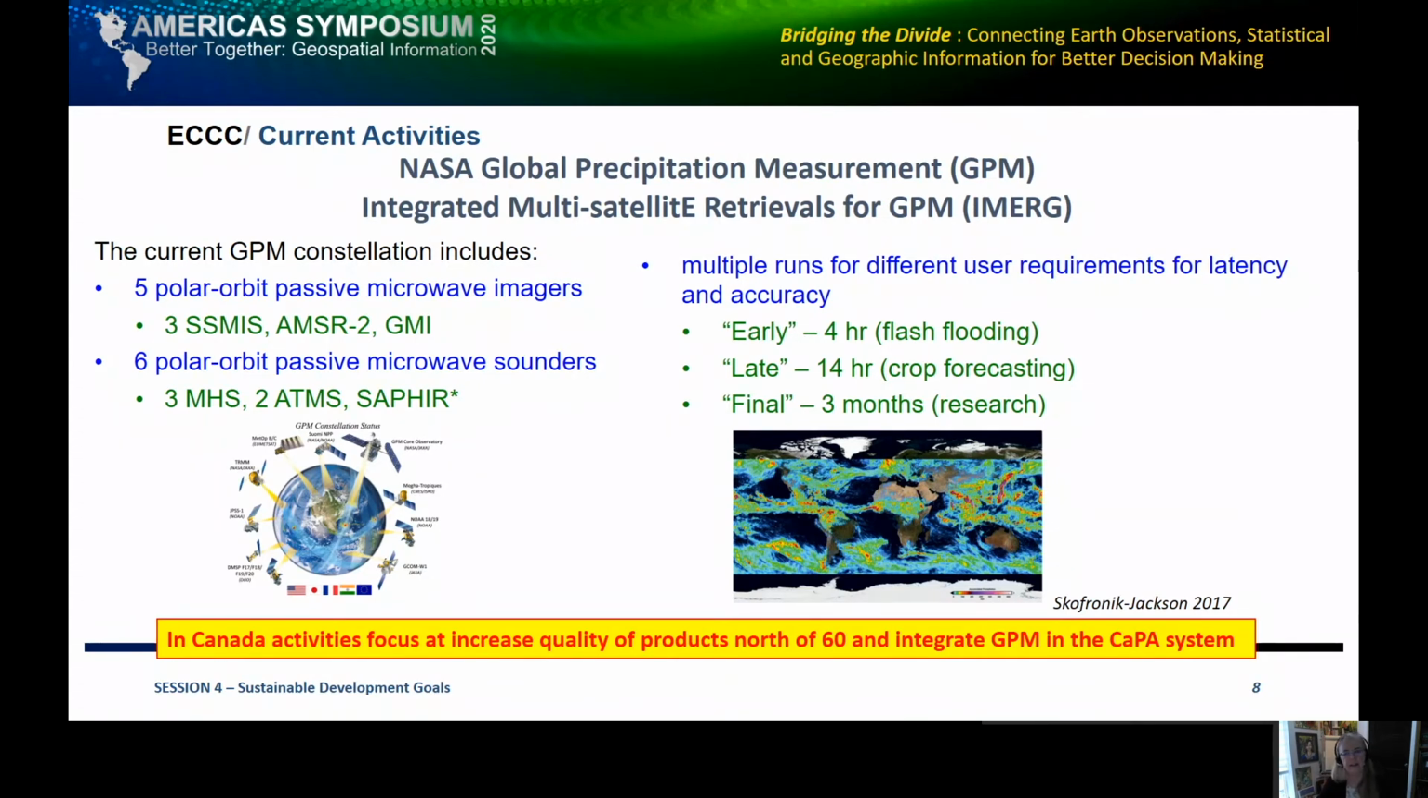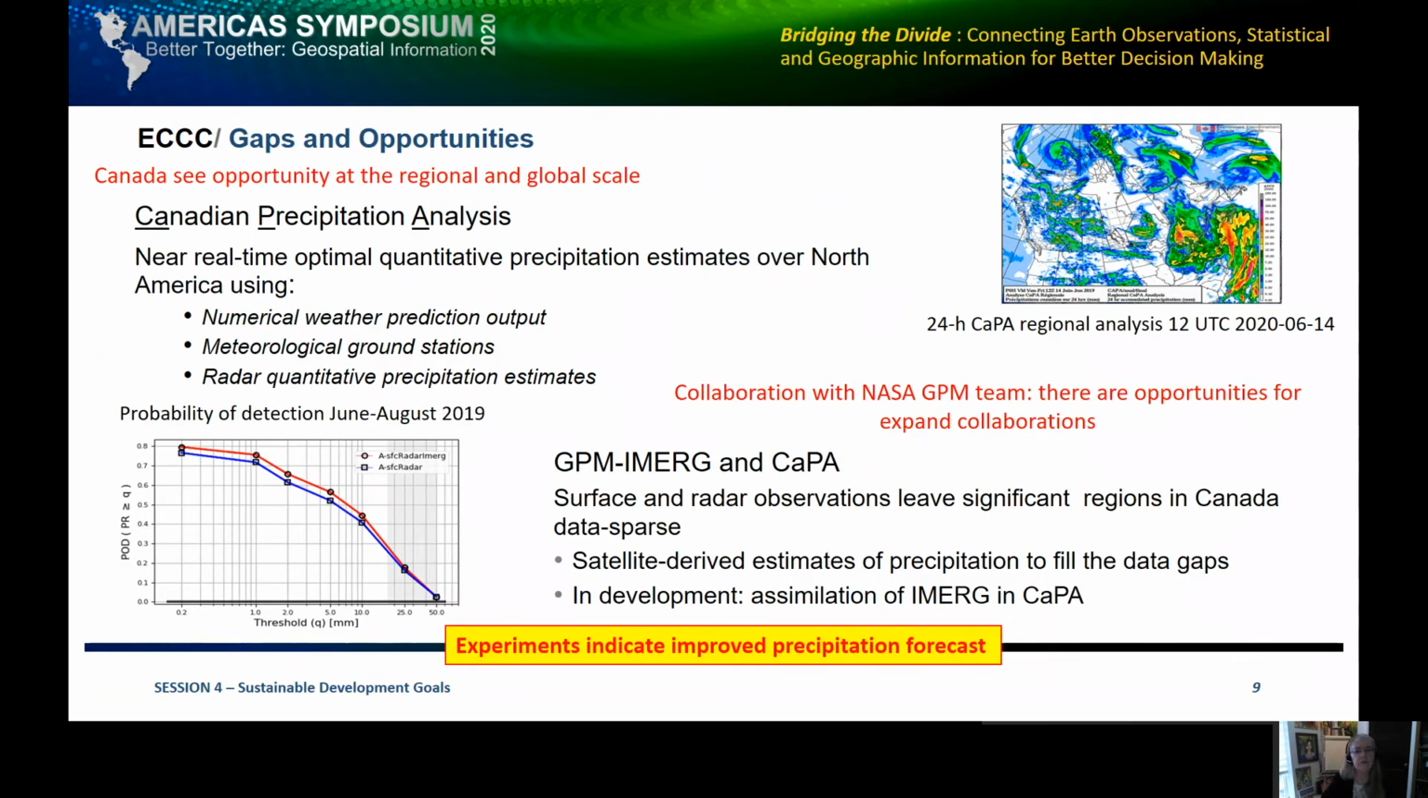On the right side, you see a photo that shows a data product. In this case, it's a compilation of about 2 months of data, but you can have data in very different time scales. What we're doing in Canada is using this data in the context of the prediction system. What is innovative here is that we need data with a very small latency, within a very short time. The initial experiments that we have been doing are showing a significant improvement in the quality of the CAPA